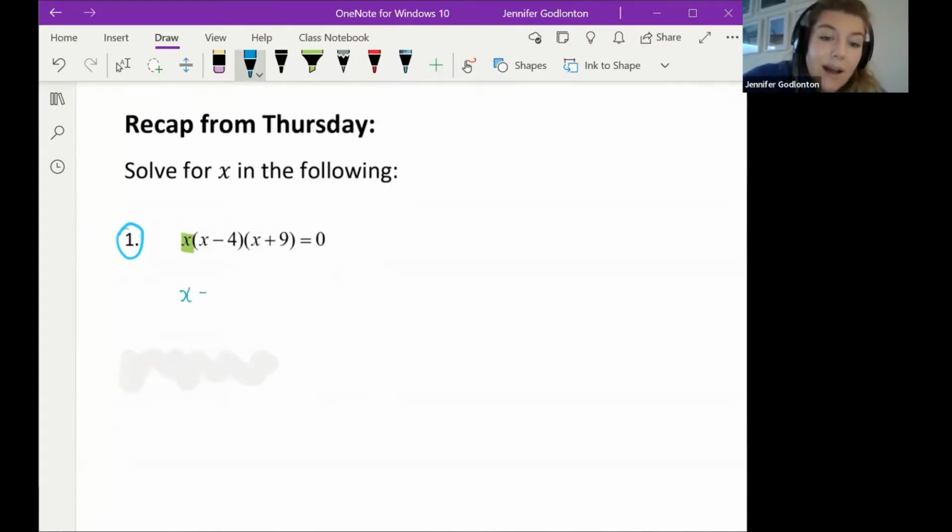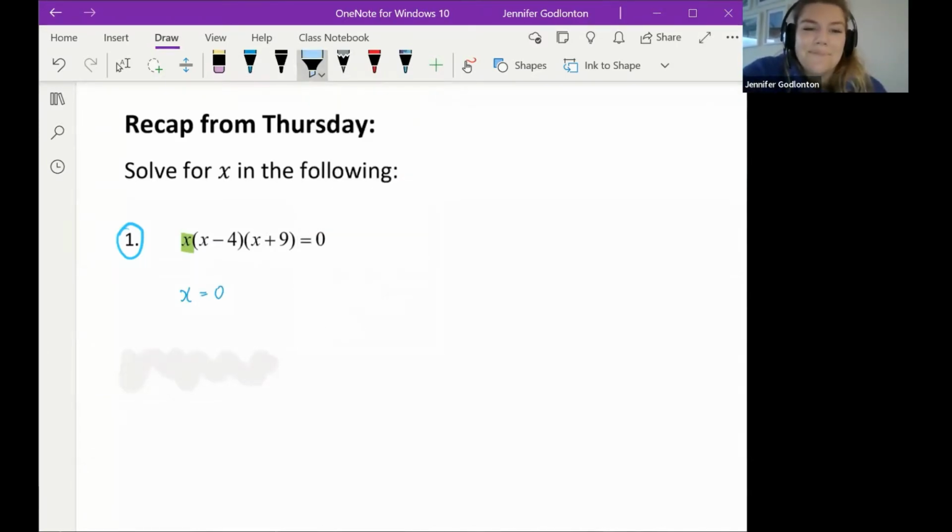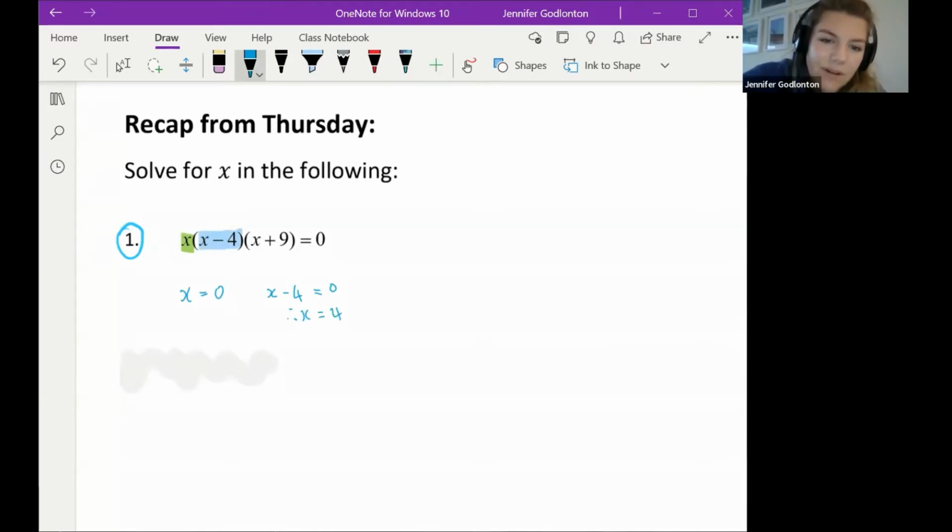I'm just going to write exactly what you say, and you're going to try and explain to me why afterwards. The x on the outside is 0. Then we say x minus 4 equals 0, plus 4, so x will equal positive 4. Good. And then the last one will be